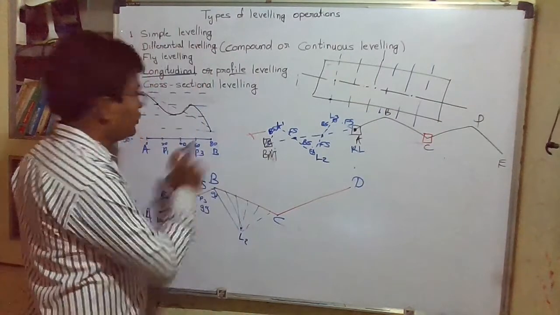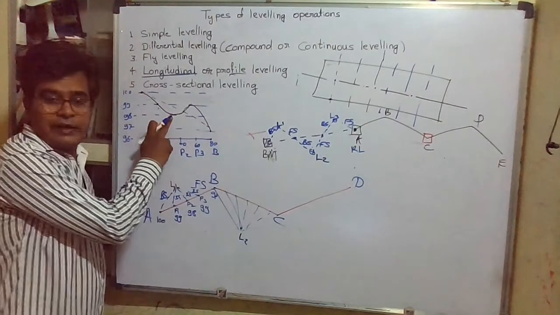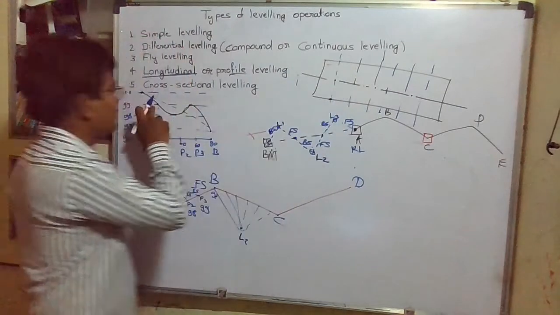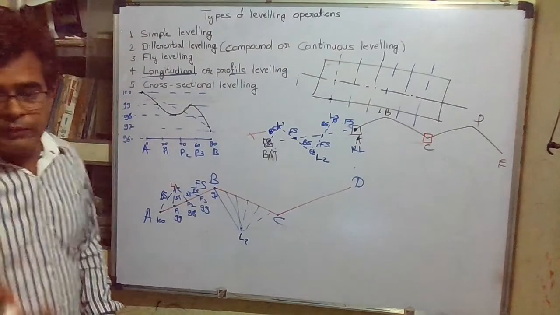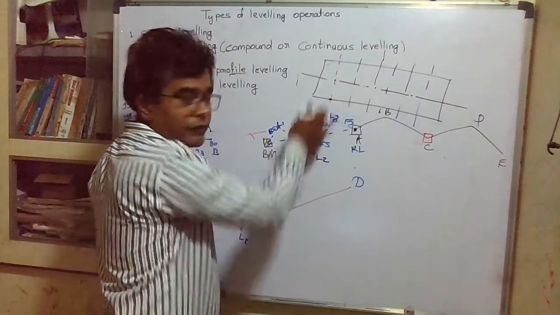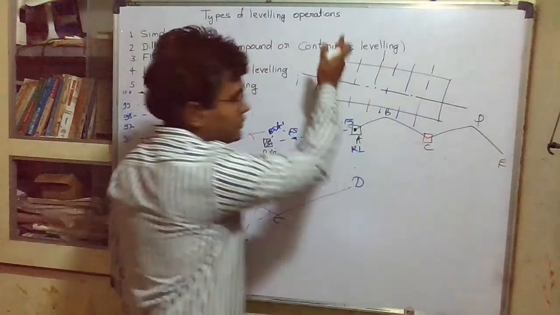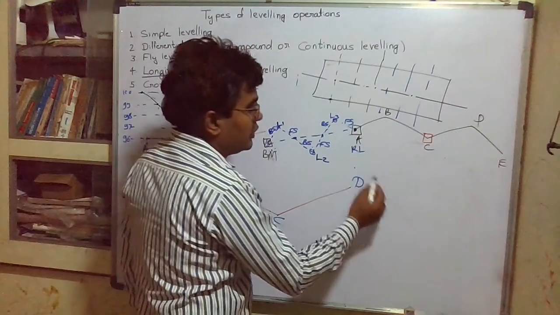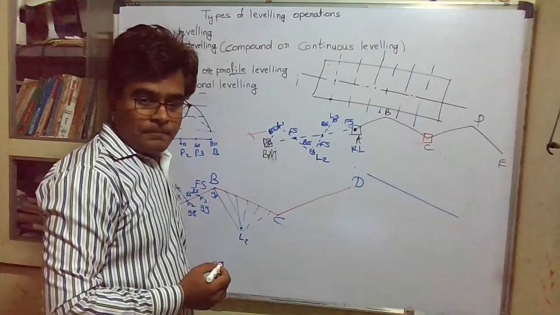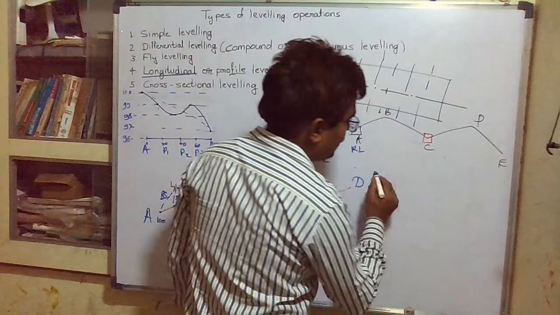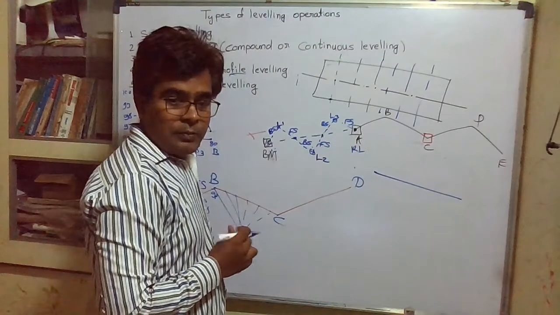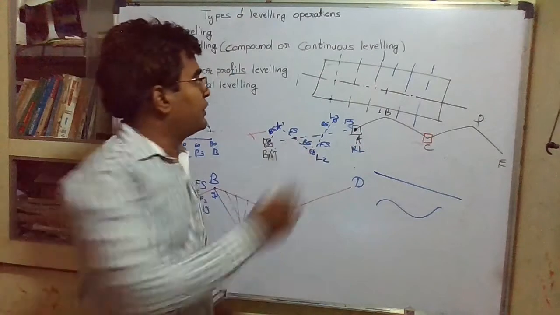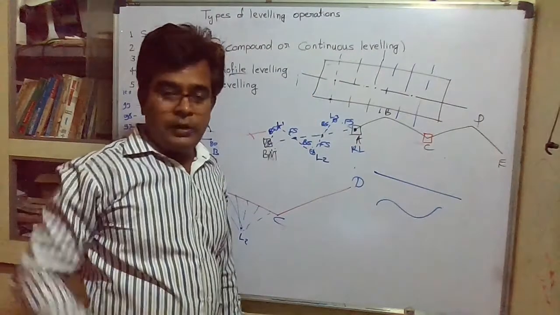So though we got the profile on the center line like this, will all the points along this line follow the same RL? No, it will change along this cross section also, because this is the longitudinal section, and this is the cross section, perpendicular to the longitudinal section. Suppose at some point the longitudinal section ground may be plane, but the cross section may not be plane. Along the cross section, the nature of the ground may be undulated.